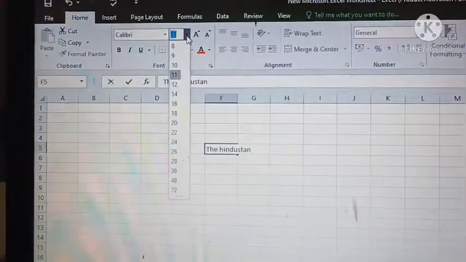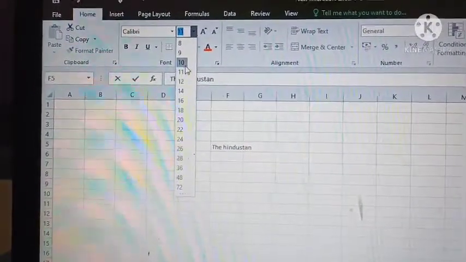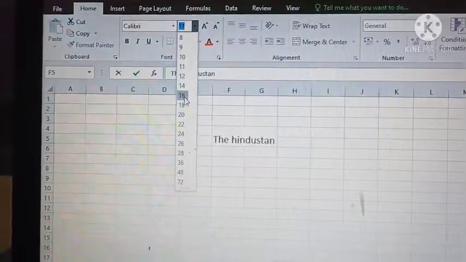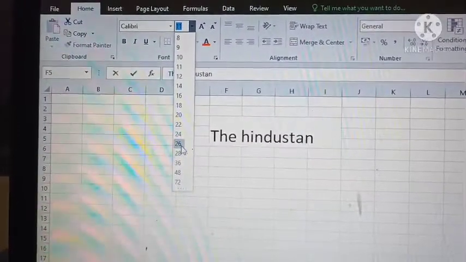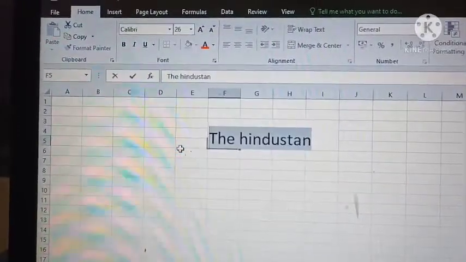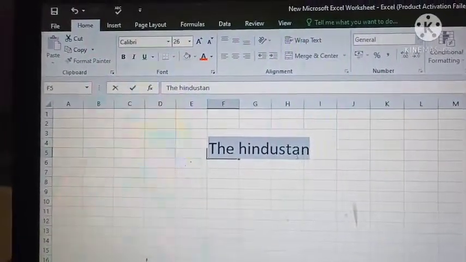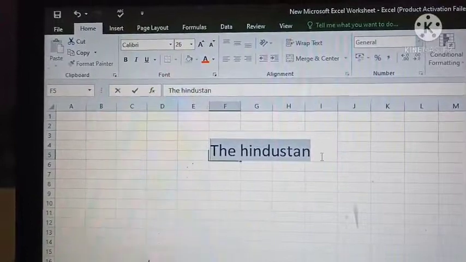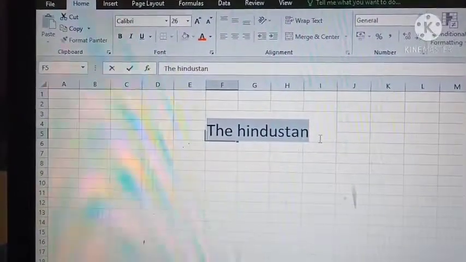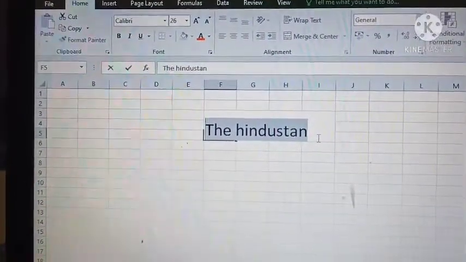Click on it. Select any one size. After selecting the size, your selected text will be converted into the selected size. Okay.